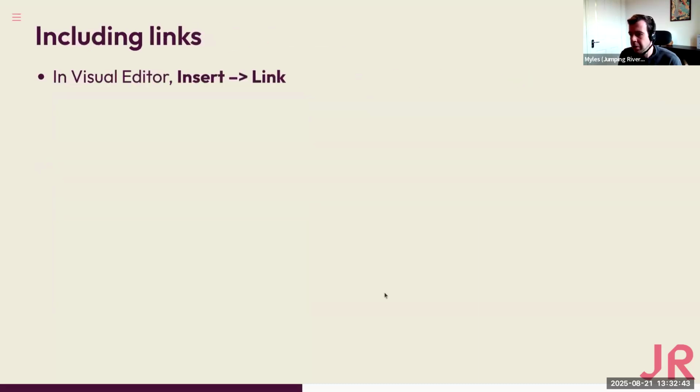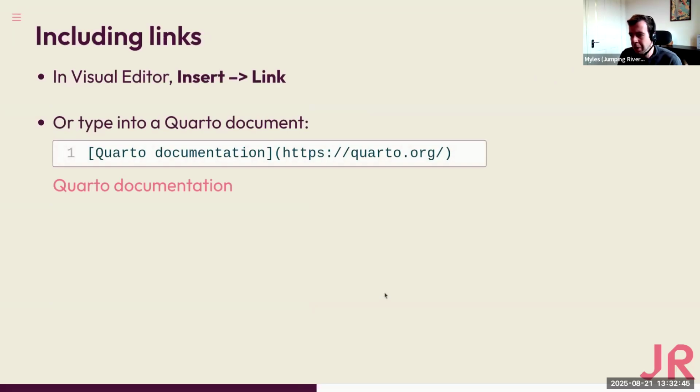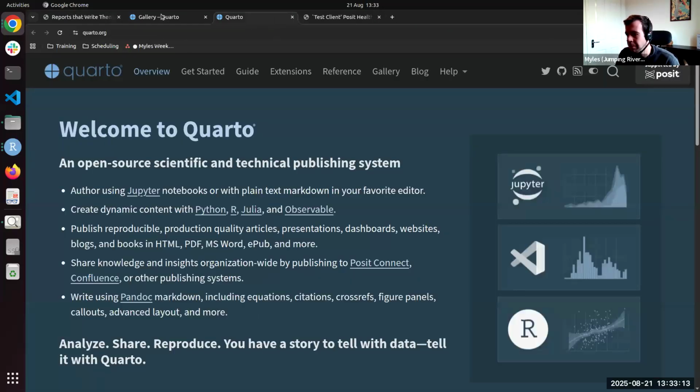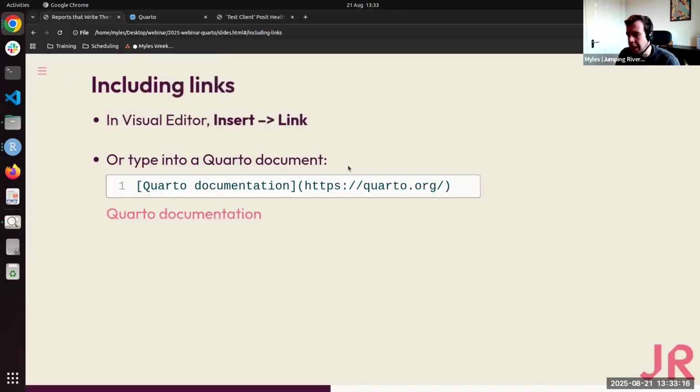So you can also include links in a document. The way we do that in Markdown is we give square brackets, we insert the text that the link should appear as when you view it, but then you can insert the actual URL for the hyperlink in these round brackets. So this is how that would look. What we see is Quarto documentation, but when you hover over it with the mouse, you can see it's highlighted, and I can then click on that, and that brings up the Quarto documentation. Okay, so that's how we insert a basic link.